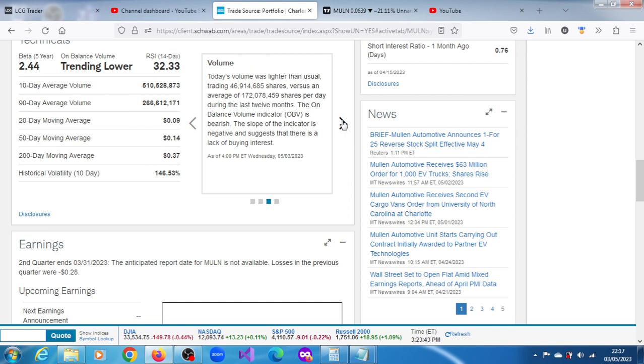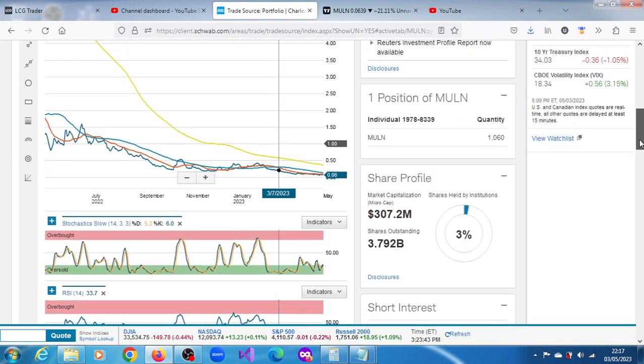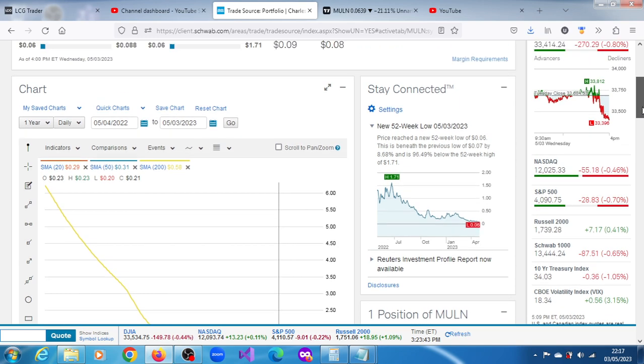The volume for this session was lighter than usual, trading 49.914 million shares versus an average of 172.078 million shares per day during the last 12 months. The on-balance volume indicator is bearish. The slope of the indicator is negative and suggests that there is a lack of buying interest at the moment for MULN stock. So if our calculations are right,